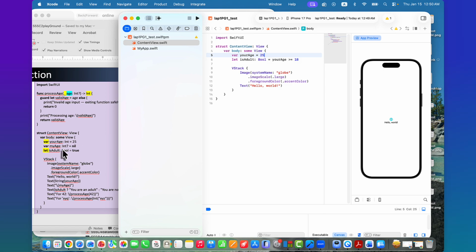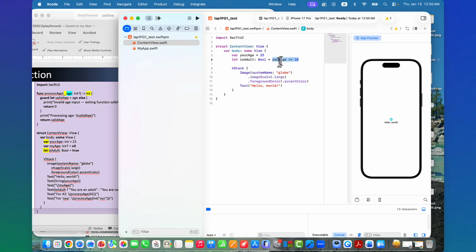rather than entering a specific Boolean value such as true, we can do it here: a Boolean value that comes from a predicate.